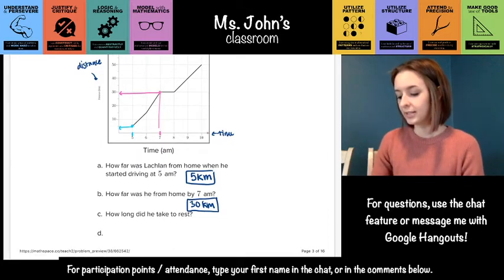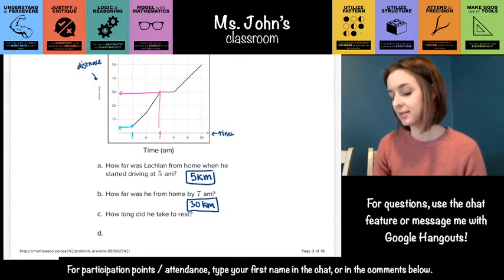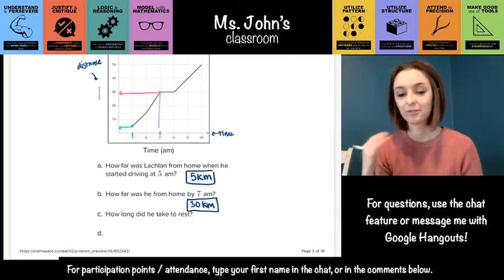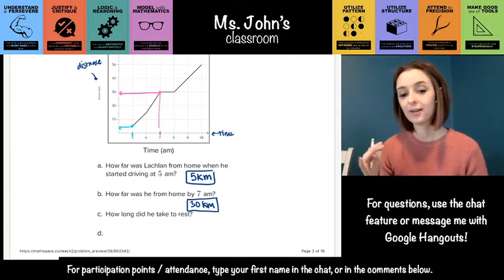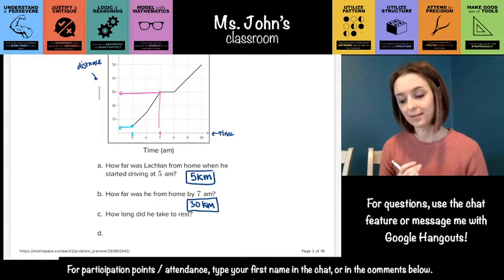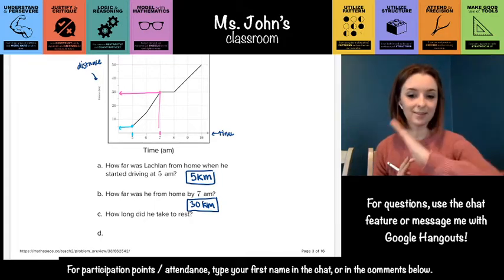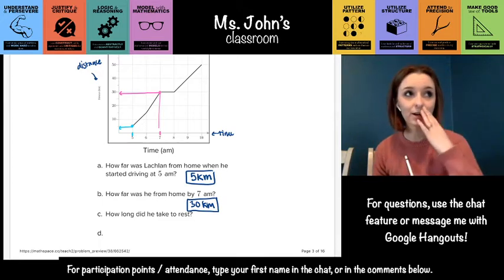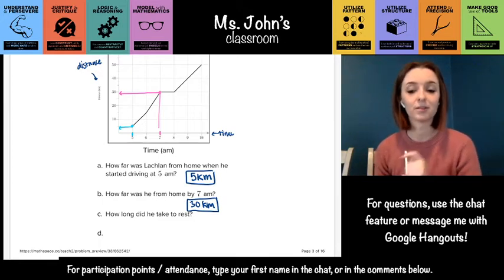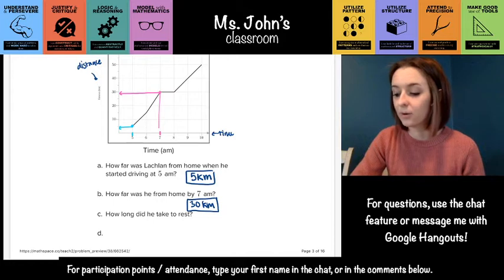And then it asks how long did he take to rest? So this one is not telling us a specific time. So we have to look at the graph to be able to tell where he's taking a rest. Remember that slope is speed. And so what we're looking for is a speed of 0 or a slope of 0, which only happens on